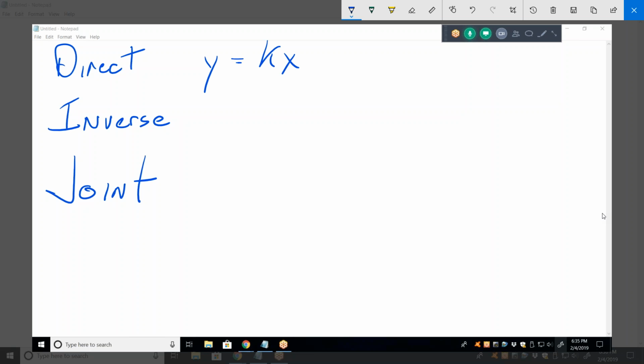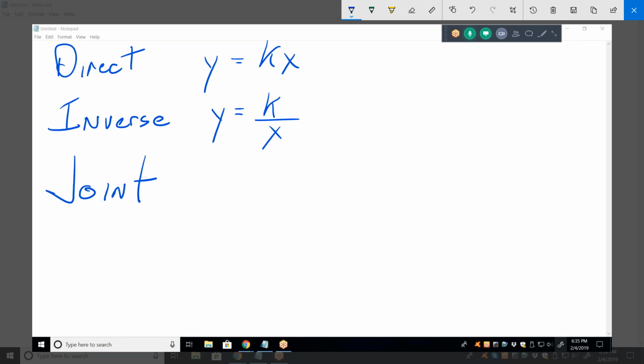That means that, in other words, if x goes up, y goes up. If x goes down, y goes down. Okay. Inverse, okay,